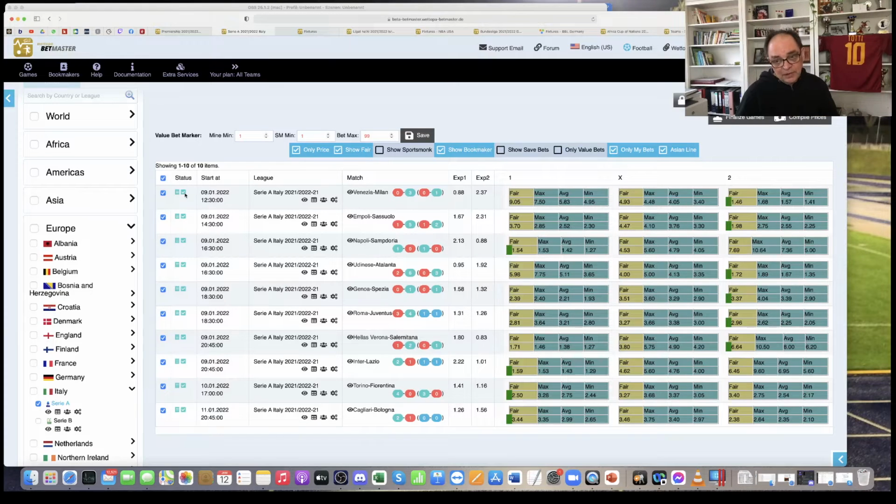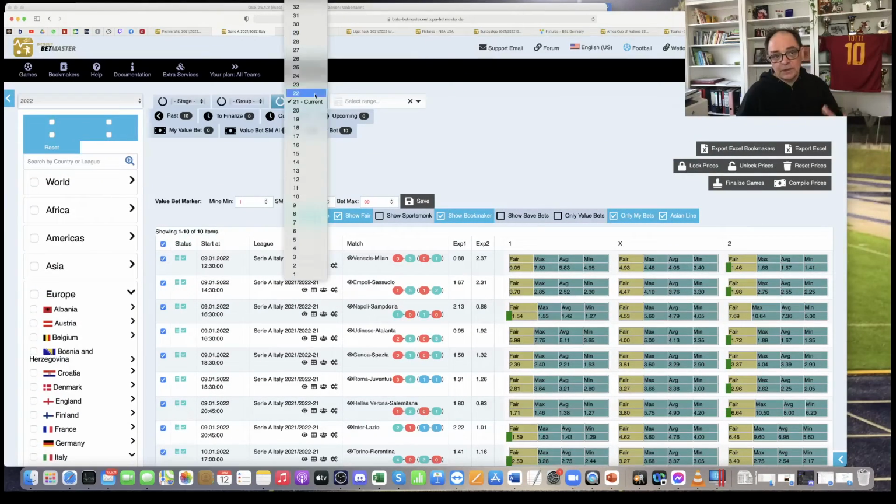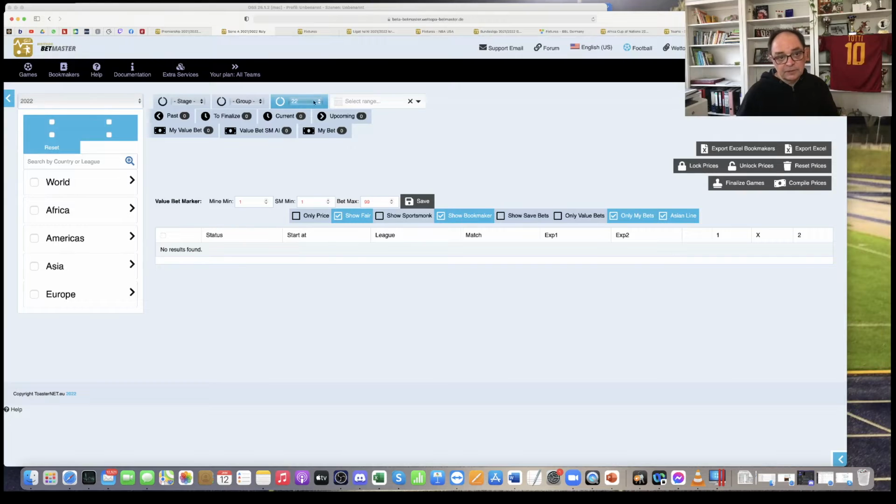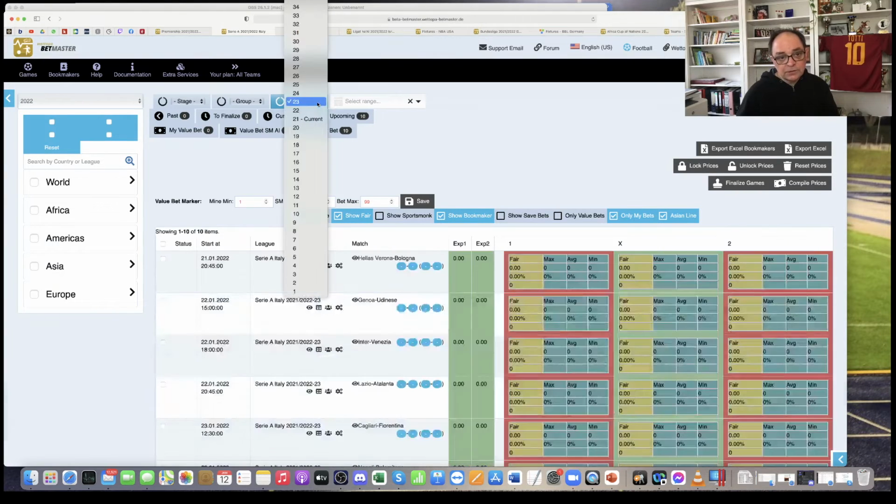And if you have finalized those games, which you can do in this same process here, you can compile the prices. If the results are being played, you can update the strength. And then you get the second checkbox here, which tells you, okay, you have finalized this game. So the strengths are being updated. In the next step, you can decide to go to the next match day,